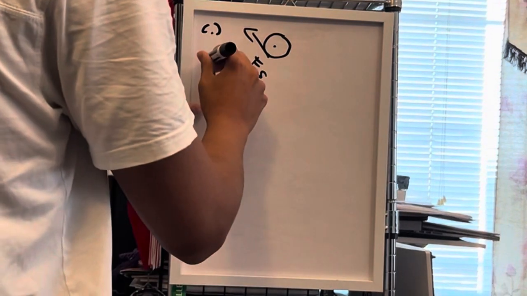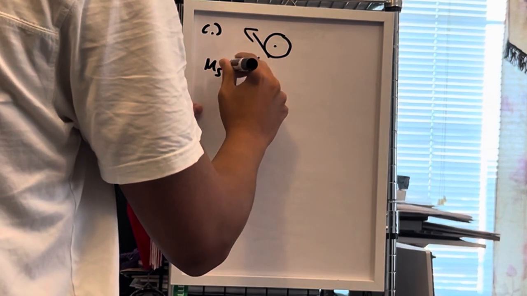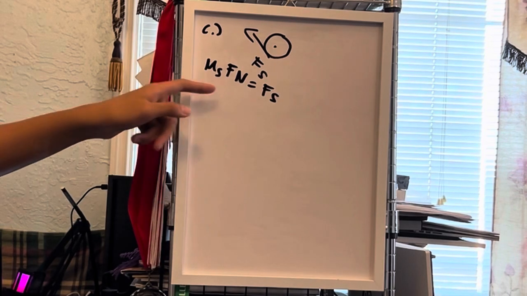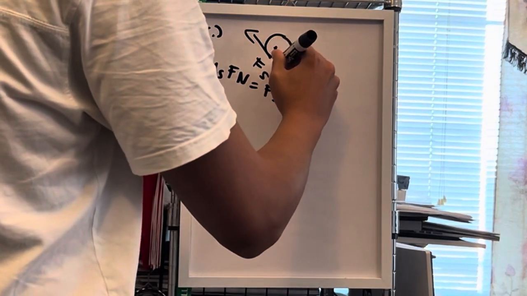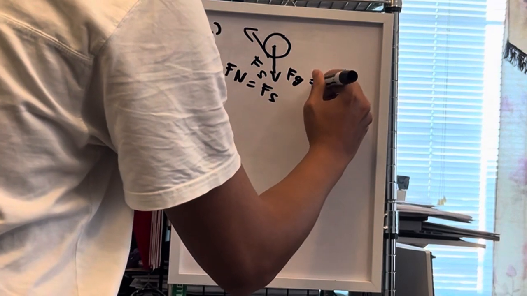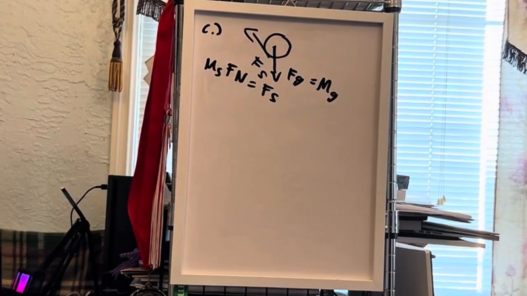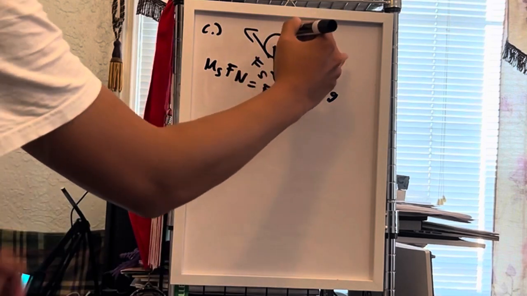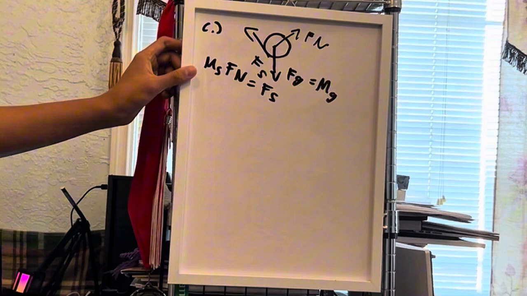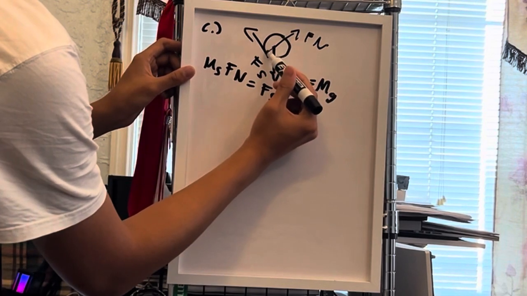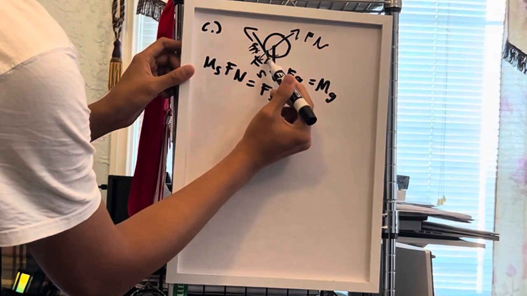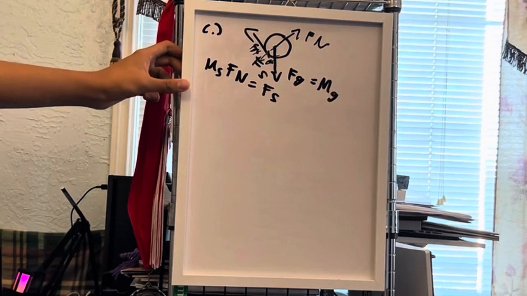And I know mu s times Fn is going to equal Fs, right? So I need to establish what Fn is. Well, I know there's going to be an Fg like this, and this Fg is going to be equal to the mass of the thing times g. And I need to get this Fn, which is going to look like that, as the free body diagram dictated earlier in part A. So to get this Fn, I'm going to need to get this Fgy right here. And I know that this angle here is going to be the angle of the ramp, right? So I know that